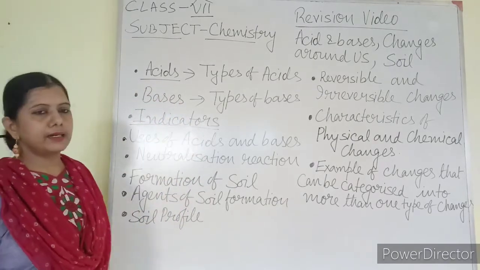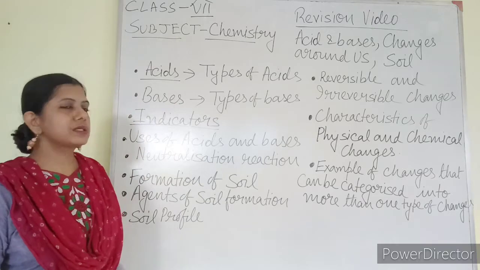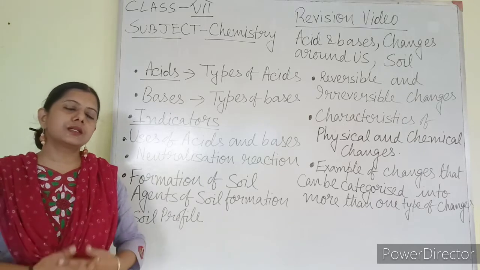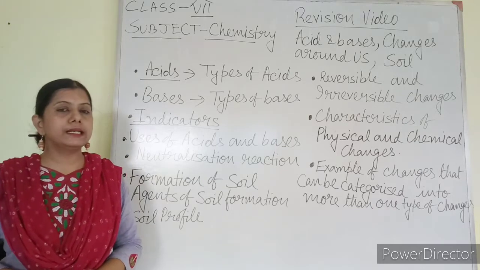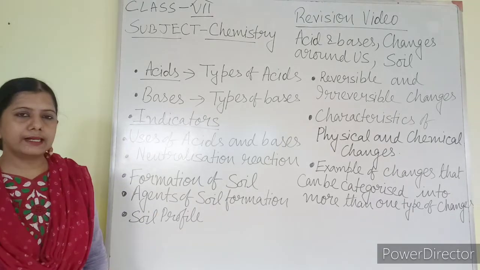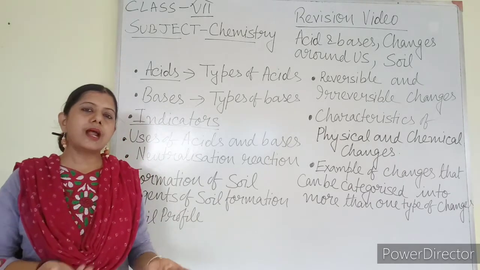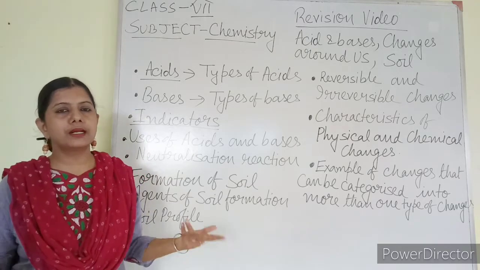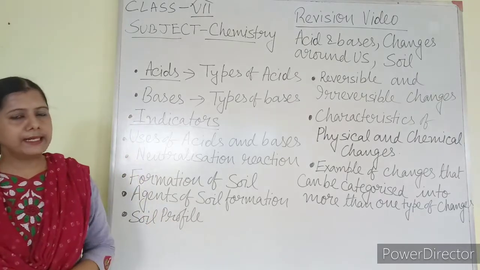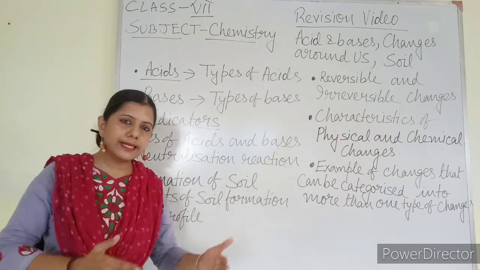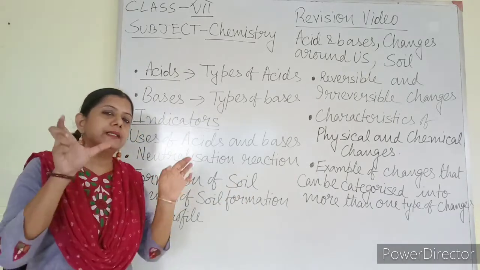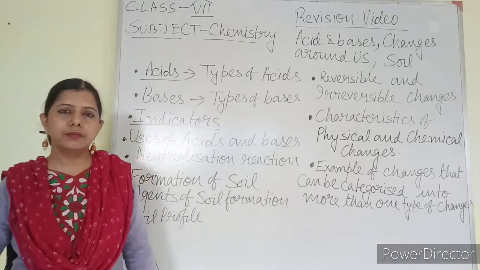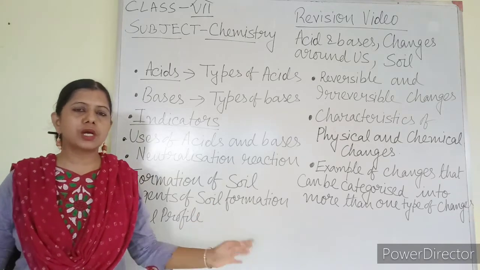Second is about indicators. What are indicators? Indicators are those chemicals which, when added to a substance, give information about whether the substance is acidic, basic or neutral in nature. The types of indicators are natural indicators and artificial indicators, which are prepared in the industry or in the lab. Next, what are the indicators and what are the color changes? If you read the chart of indicators: color in acid, color in base, color in neutral solution. If you remember the chart, no problem.